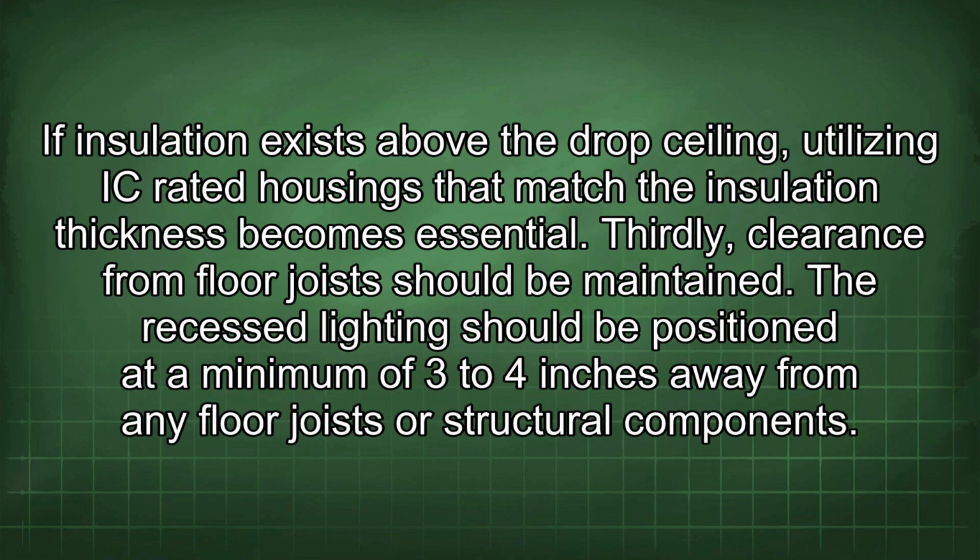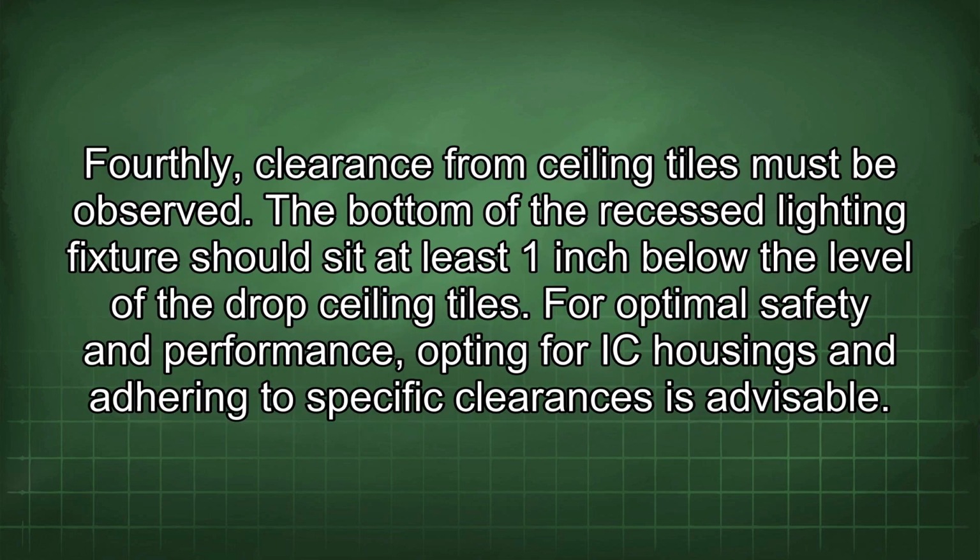If insulation exists above the drop ceiling, utilizing IC-rated housings that match the insulation thickness becomes essential. Thirdly, clearance from floor joists should be maintained. The recessed lighting should be positioned at a minimum of 3 to 4 inches away from any floor joists or structural components. Fourthly, clearance from ceiling tiles must be observed. The bottom of the recessed lighting fixture should sit at least 1 inch below the level of the drop ceiling